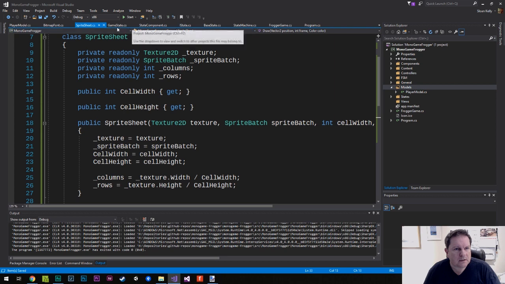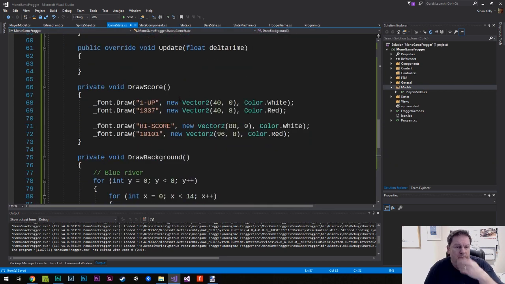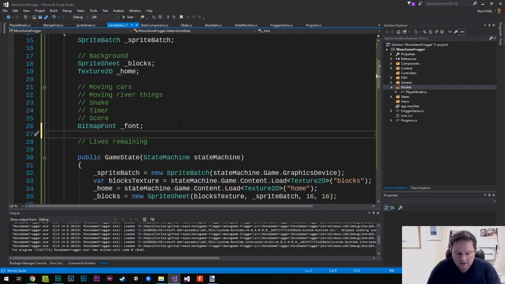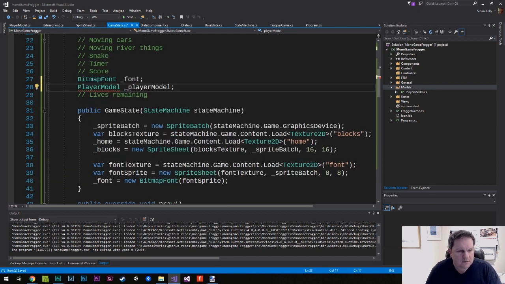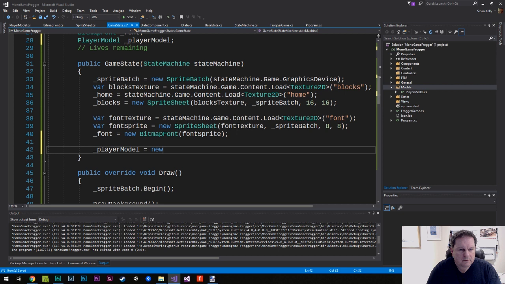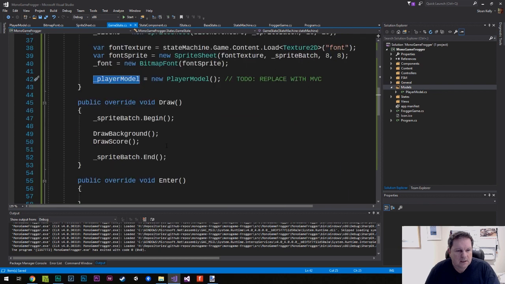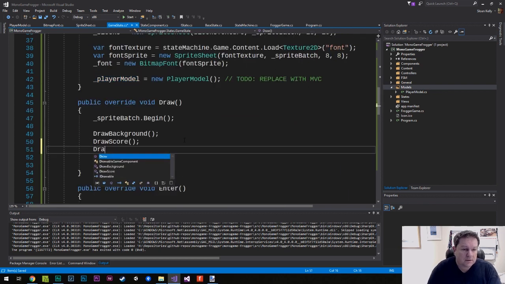So I'm going to save this, then go to game state, and eventually we're going to have this as a separate view, but for now we'll just hack it in here. So I'm going to have player model, and don't forget to include that. And then down here we'll say player model equals new player model, TODO replace with MVC. So at some point we will put in a model view controller in here, but for now we'll just hack this in here. And then we'll have draw score, draw player model,